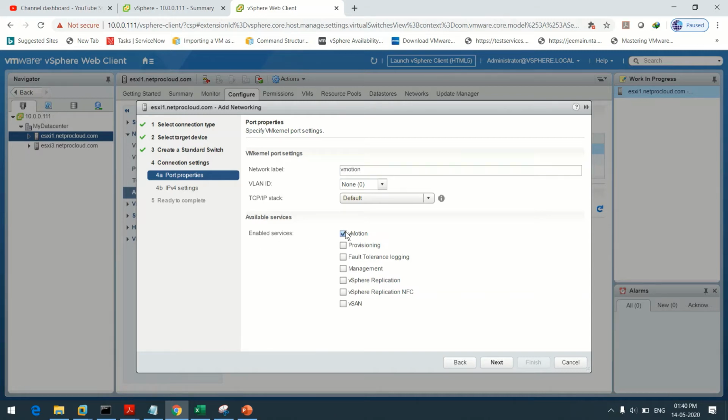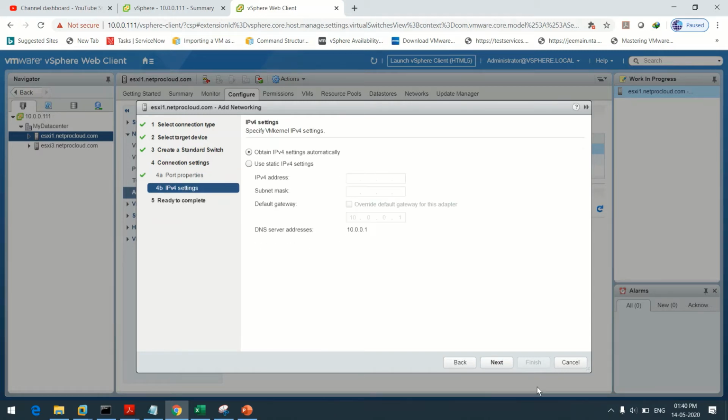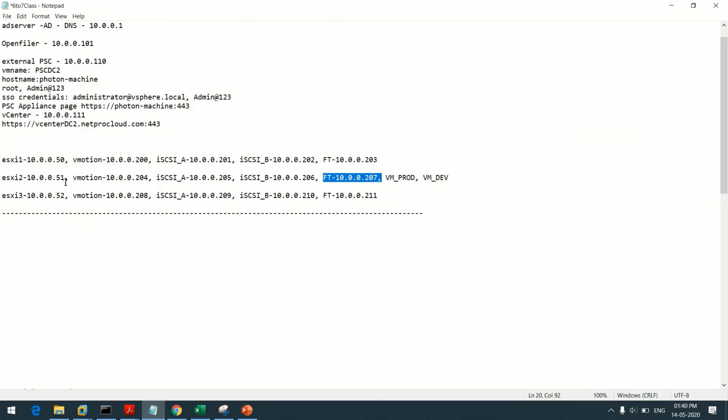Enable services vMotion. Now next, IP address. Let's check the IP address in my list. I think we are working on ESXi 1. So let's move this to ESXi 1.